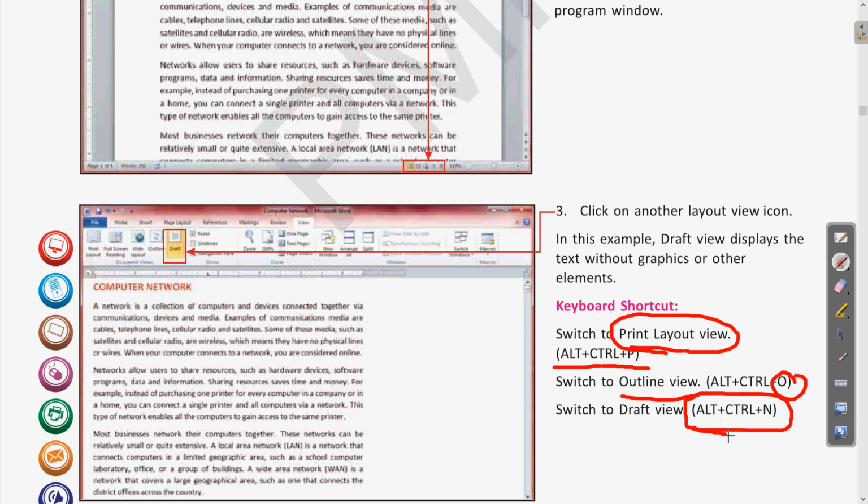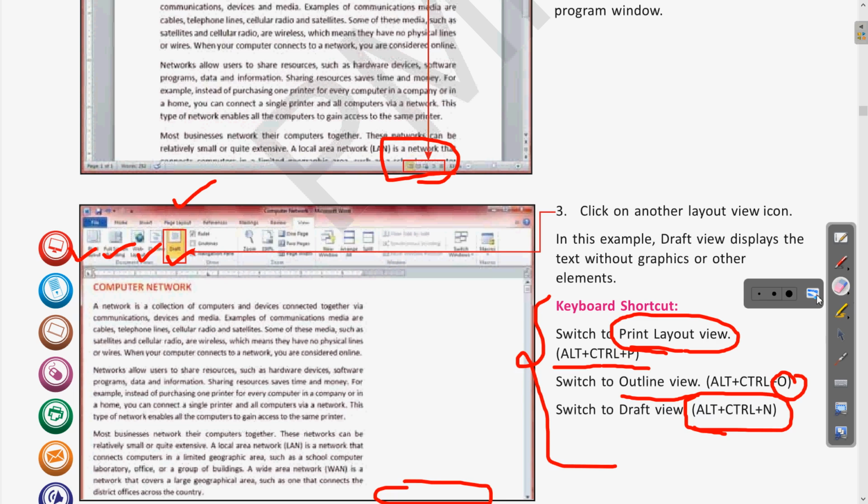Now we have 3 options. What are the 3 options? Either go to the view tab, then choose any of the 5 view buttons which we have just seen, or you can press the different shortcut keys which we have seen. Clear? Or we choose from the view buttons shown at the bottom here, you can see. So either choose from this or the shortcut buttons. Clear? So these are the 3 options for switching from one view to another.